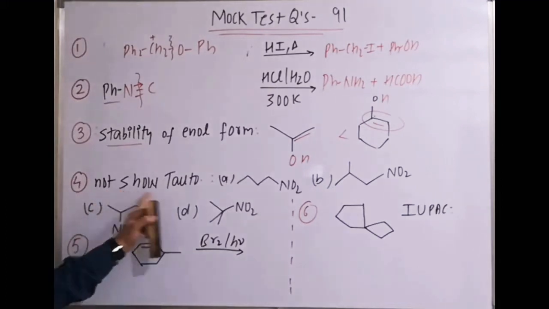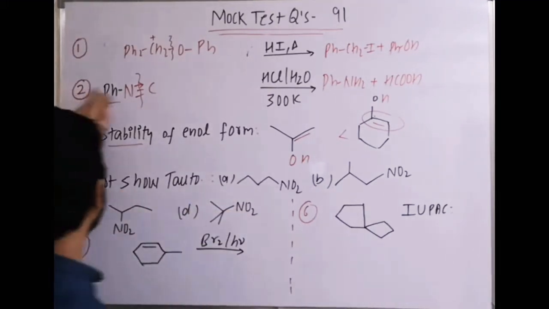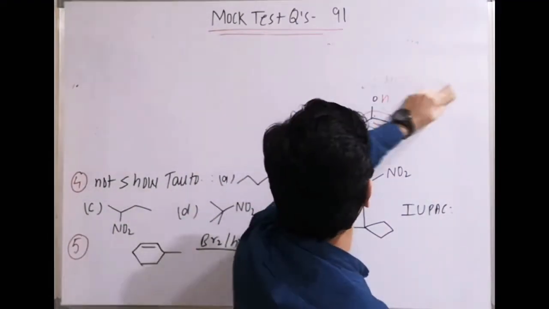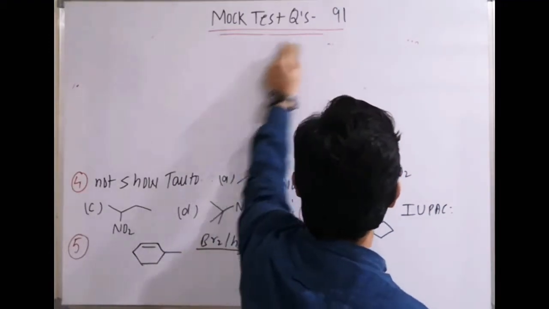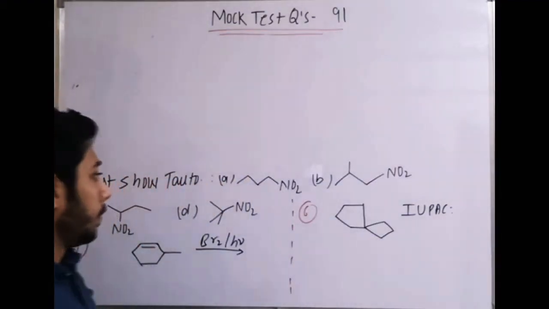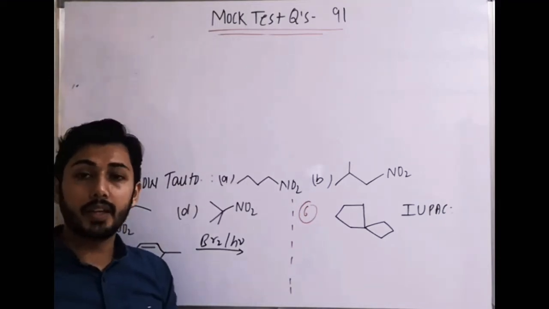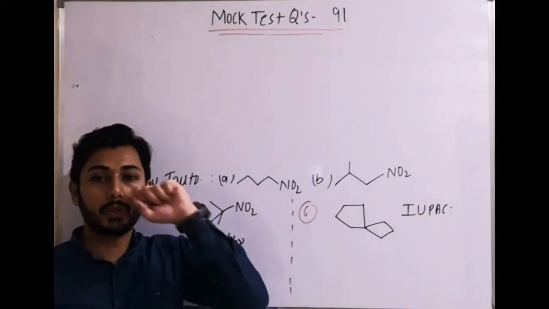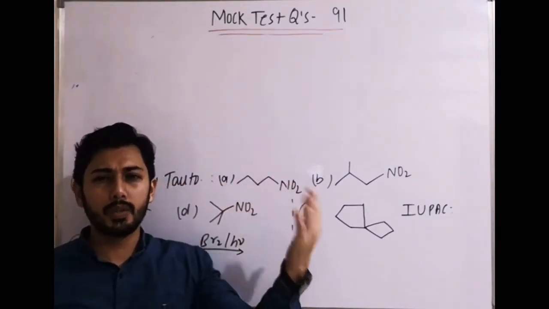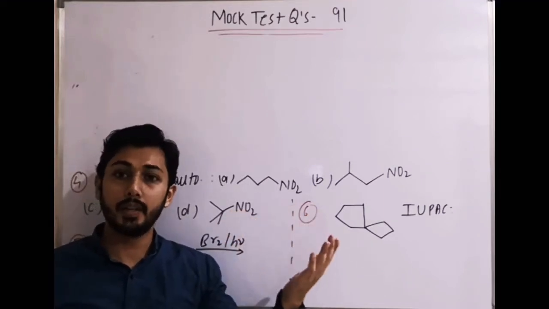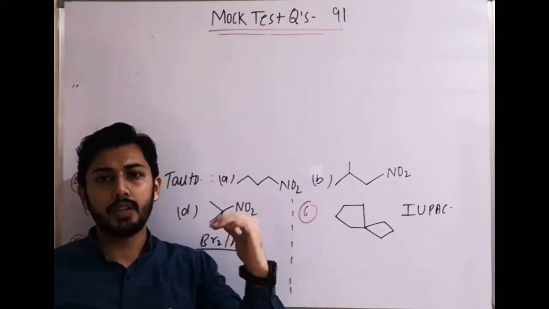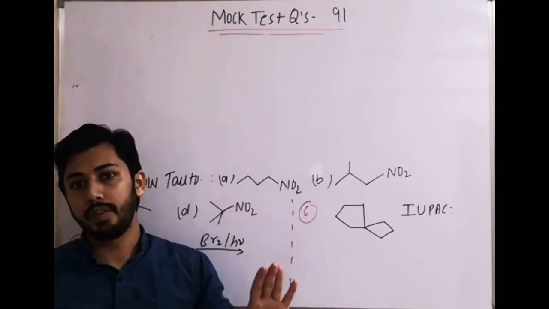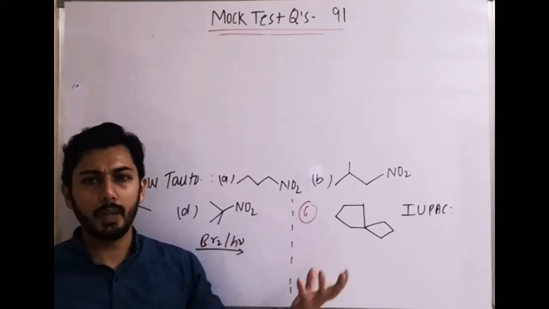Then among them, which will not show tautomerism? Think about question number 4. Among these nitro compounds, which will not show tautomerism? And I hope that you people are revising NCERT, reading it again and again. Not just reading, you are learning each section. As I told in the classes also, you should do the first reading very slowly, just like a beginner, and then a little bit more speed, and then at least before this coming unit test, complete the NCERT part almost 5 times, because you have to keep on trying it.